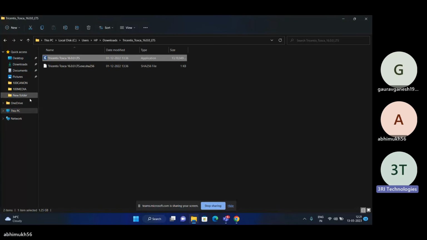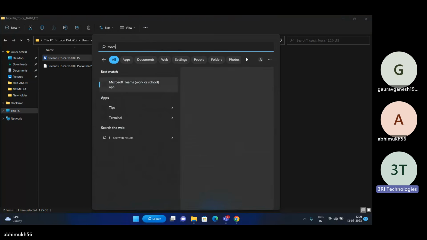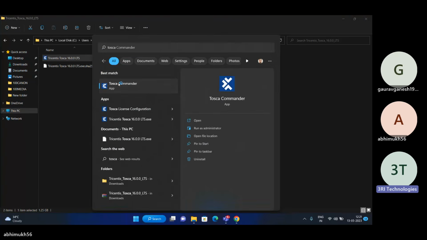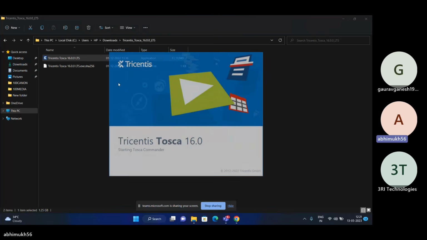You can search for Tosca Commander in your Windows search. Just open it. It's installed. Version 16.